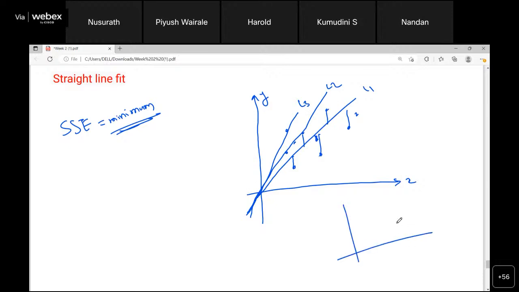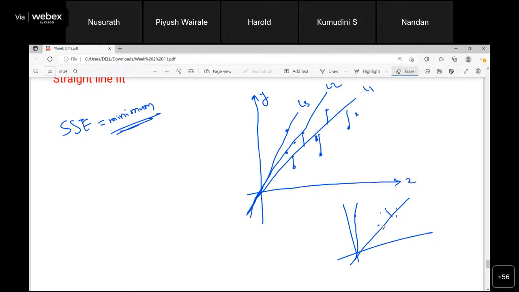If I take the best example, these are the points. This is one line, and I am going to this point, right? Now here you can see for most of the points for this line, the vertical distance will be minimum, right? For most of the points, the distance from this particular line will be minimum, and only for this point it will be like this. If I calculate the SSE and get the minimum value, that will be the baseline fit.